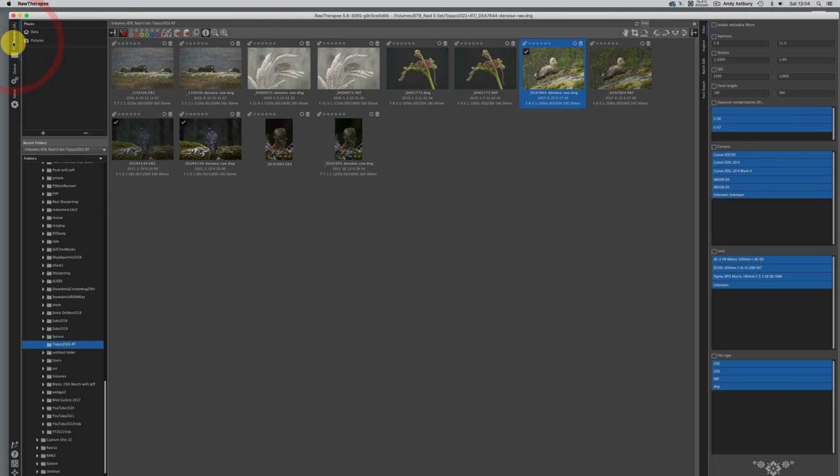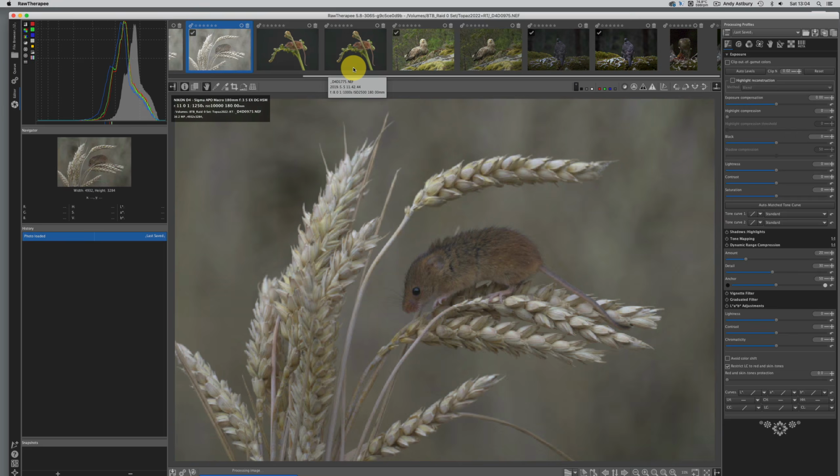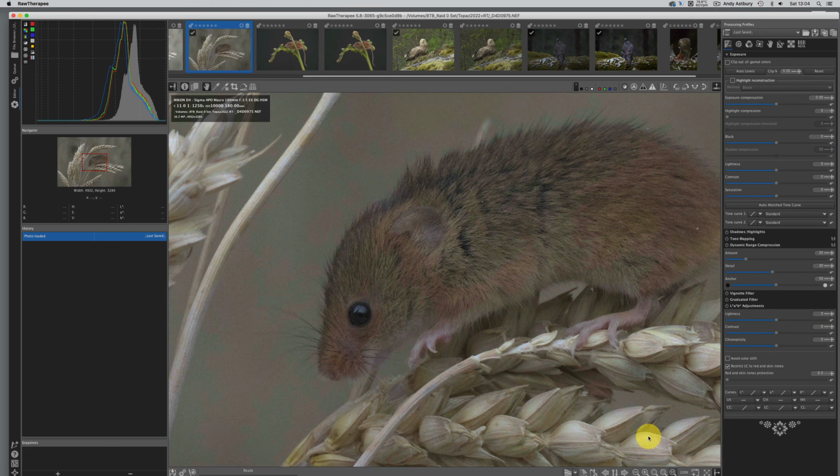Okay, let's go back to the old file browser again, and let's come to this Nikon D4 shot. Let's have a look at the raw file first, and let's take this up to 100%. This was shot at 10,000 ISO, and so we can see it's not riddled with noise at 10,000 ISO, but it is somewhat granular. But if we scoot over to the DNG output from Topaz DeNoise AI,